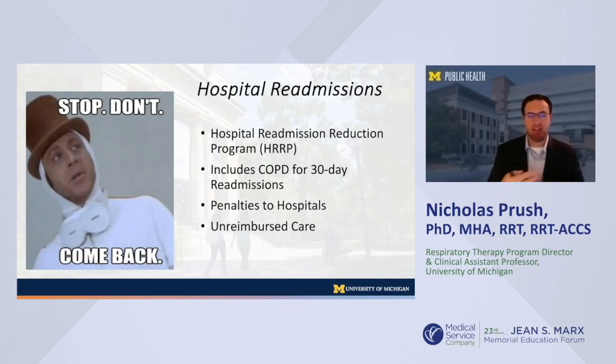And that's where this Hospital Readmission Reduction Program comes in. It was created as part of the Affordable Care Act, and it holds acute care hospitals accountable for patients that have Medicare and Medicaid benefits. It didn't initially include COPD, but it broadened its scope and added COPD for this